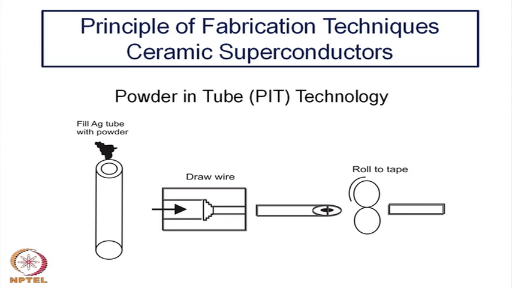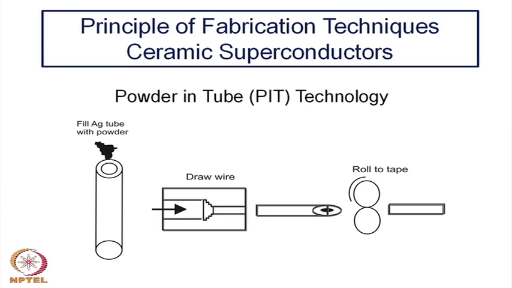That is compacted as much as possible, and then the silver tube filled up with the powder is wire drawn. Either it can be wire drawn or it can be rolled. It can be rolled to make strips, and it can be wire drawn to make wires. So, both possibilities exist, so that you have a layer of silver outside and the inside is filled up with the ceramic